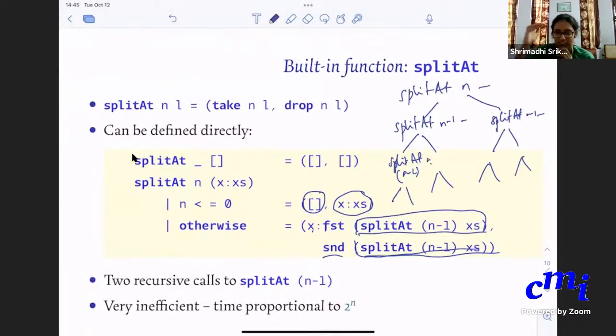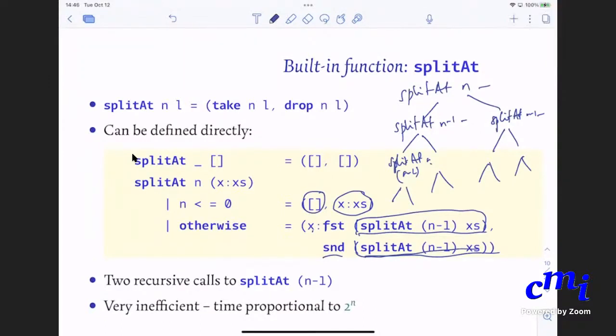You said in the previous case that it doesn't split into two, right? You're calling it twice now. You're explicitly calling, you have two occurrences of this now. You have a large expression: the pair x colon first of split at n minus 1 x's, comma second of split at n minus 1 x's. There are two occurrences of split at n minus 1 x's here.